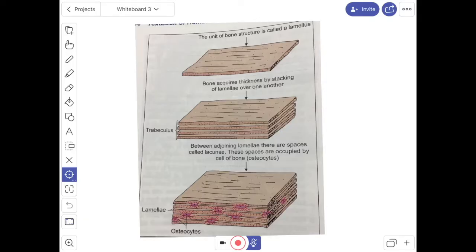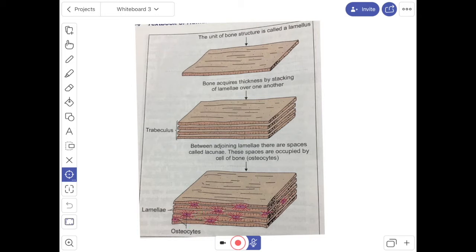Next, we'll see about the lamellar bone. When we examine the structure of any bone of an adult, we find that it is made up of a number of layers. They are known as the lamellae. So, this kind of bone is called the lamellar bone. Each lamella is a thin plate of bone consisting of collagen fibers and mineral salts that are deposited in a gelatinous ground substance. Even the smallest piece of bone is made up of several lamellae placed over one another.